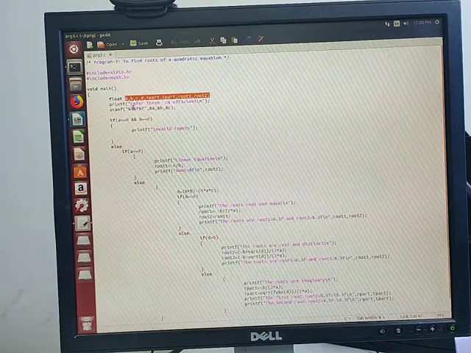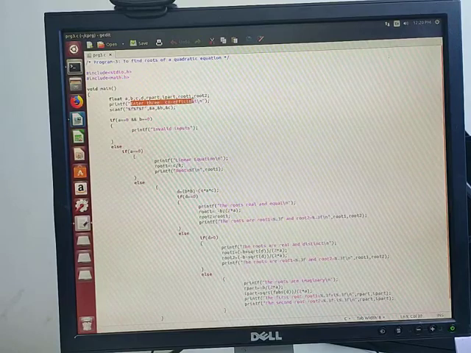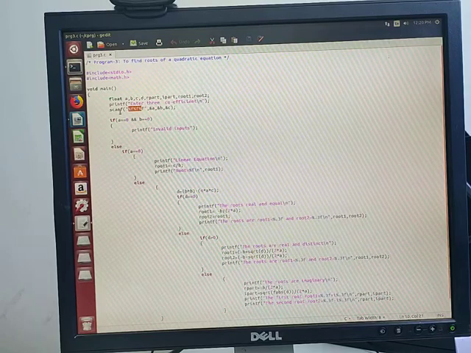Then ask for the input now. Enter 3 coefficients. So we need to input 3 coefficients. Since they all belong to real numbers, using the standard input function scanf, we can give the inputs for a, b, and c.